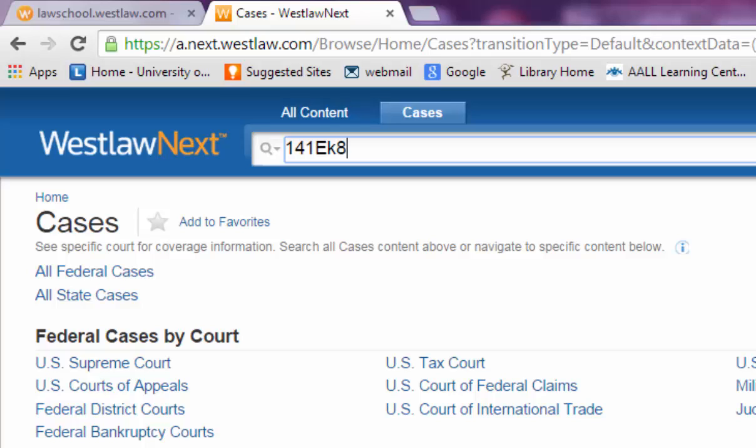And the key number is 8083. And there was another digest topic and key number, again 141E, K for the key number symbol, 423. So right now this search reads either 8083 or 423. Now if I'd like to see these key numbers spoken about together in one case, I can add the word